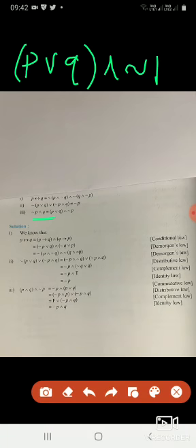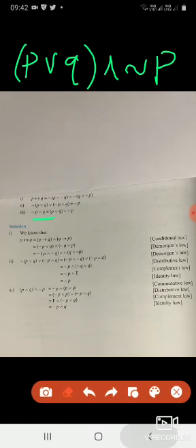Now listen, negation of P. Now I am going to prove that, taking the right hand side, I am going to prove the left hand side. I have to open the bracket. Open the bracket means distributive law, first one. Otherwise, if you take negation of P first, it is commutative law. So distributive law, we can distribute it.